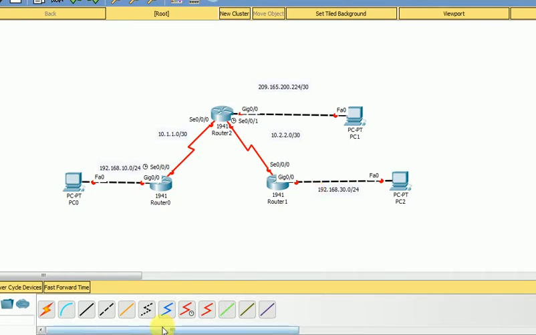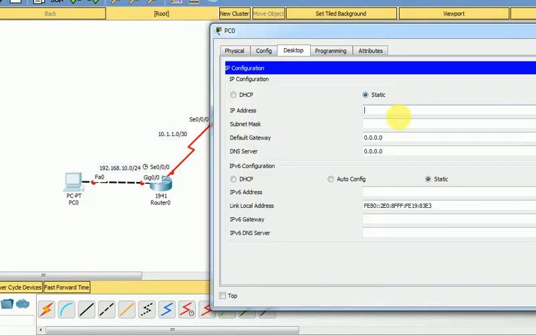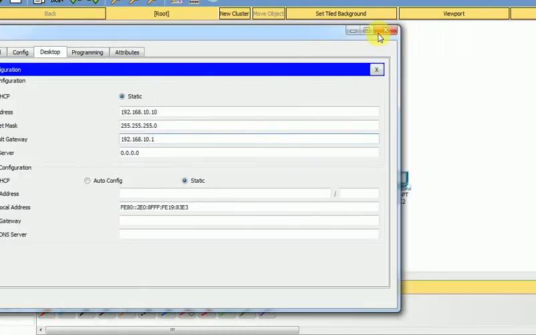Okay, good morning. So today we will make some configuration, which is PAP, password authentication protocol, in OSPF version 2. So first of all, we need to insert the address of all devices in our topology. For example, here I use .10 for PC and .1 as a default gateway for PC 0,